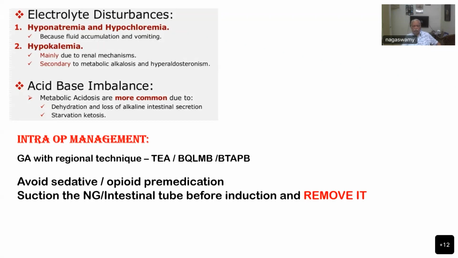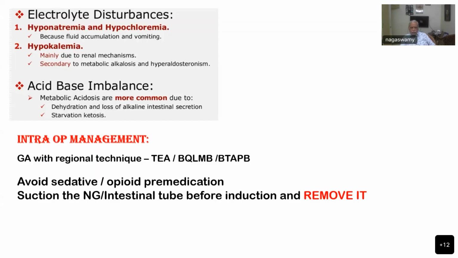You should not leave the NG tube or the NJ tube in situ. Why should you remove it? What is the reason? This will affect the closure of the cricopharyngeus. Okay, cricopharyngeus is a volitional sphincter, the upper sphincter, at the entry of the starting point of the esophagus. So, if you keep the NG tube or NJ tube in situ, it will not allow the cricopharyngeal muscle to